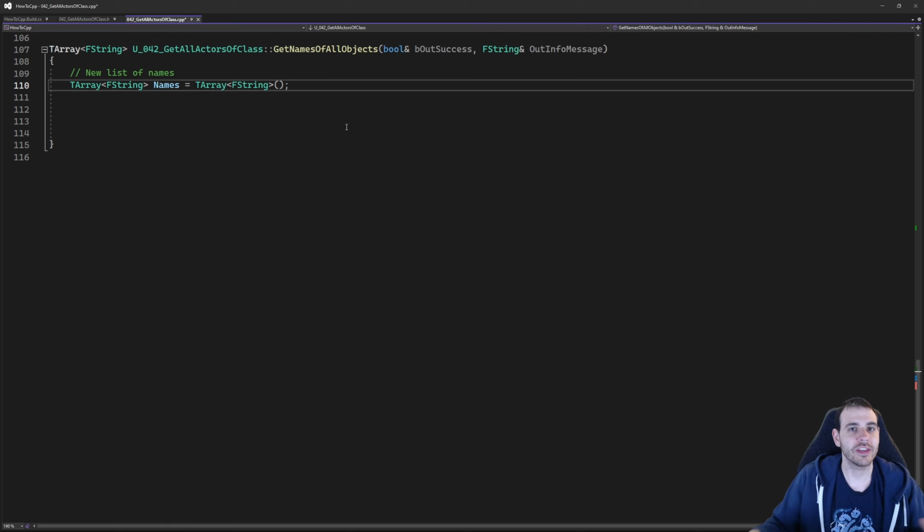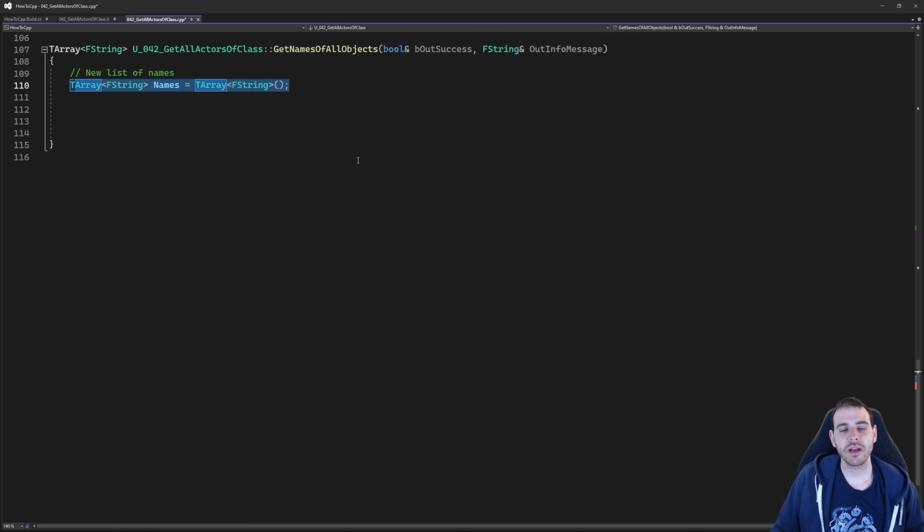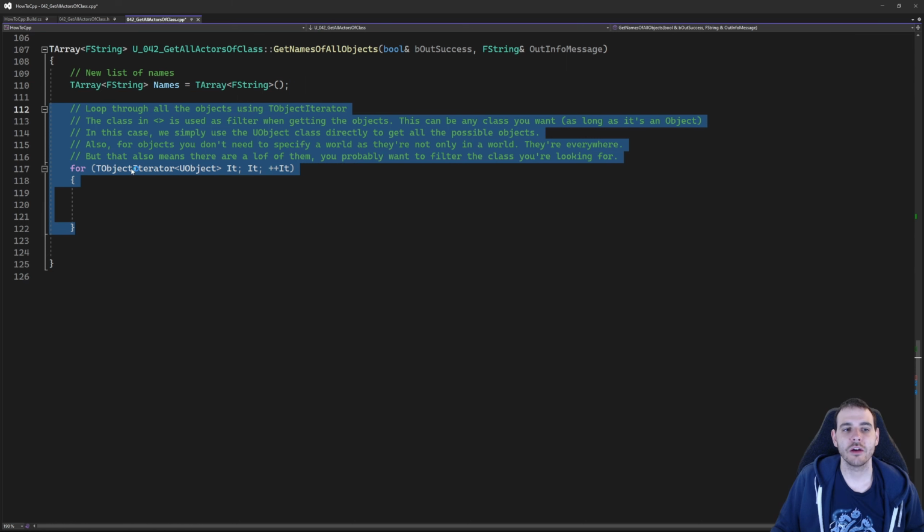They are part of the game, they are part of the engine, they are part of everything, but they are not specifically inside a world. So the world will not help to retrieve all those objects. It can help to filter the objects if you only want the objects that are related to your world, but in our case right now we just want to have all the objects, so I don't care about the world. So I'm just going to directly create my list of names,